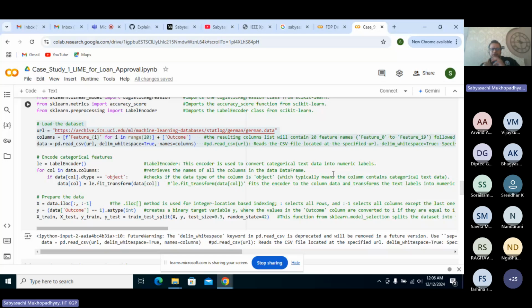It will basically encode categorical text data into numerical form. For col in data.columns, what we are doing is retrieving the names of all the columns in the data frame. Next we'll put an if statement: if data[col].dtype equals object, we'll check that